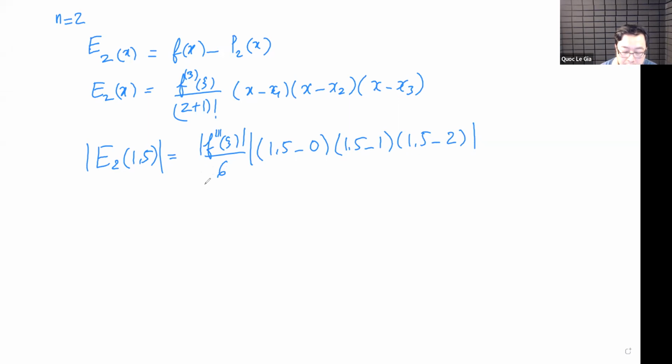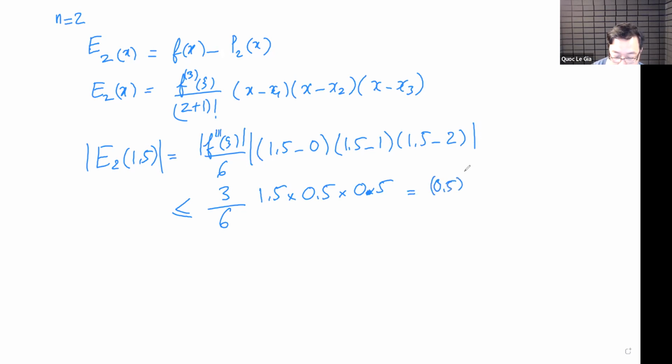Now remember, we have everything, except the derivative. But we know that the derivative, in absolute value, will be less than or equal to 3, right? So in the assumption, it will be less than or equal to 3 over the whole interval. So you can make an upper bound, 3 over 6. And this one is just 1.5 times 0.5 times 0.5. Oh, sorry, the last one 0.5. You can multiply it out, but I just leave it like this because I don't have a calculator here. Wow, I do have, but you just put it in a calculator and get something. Okay, so